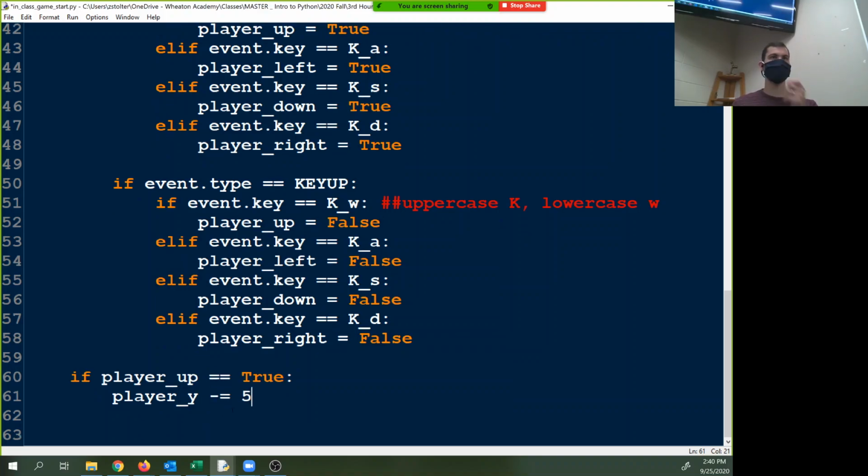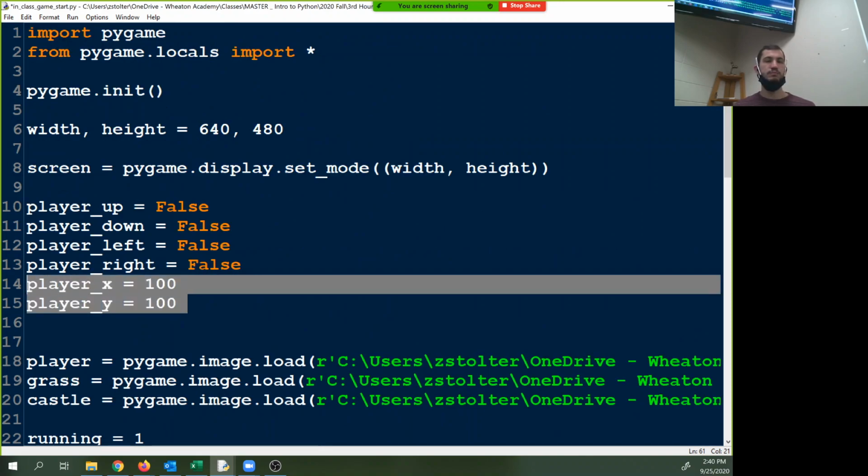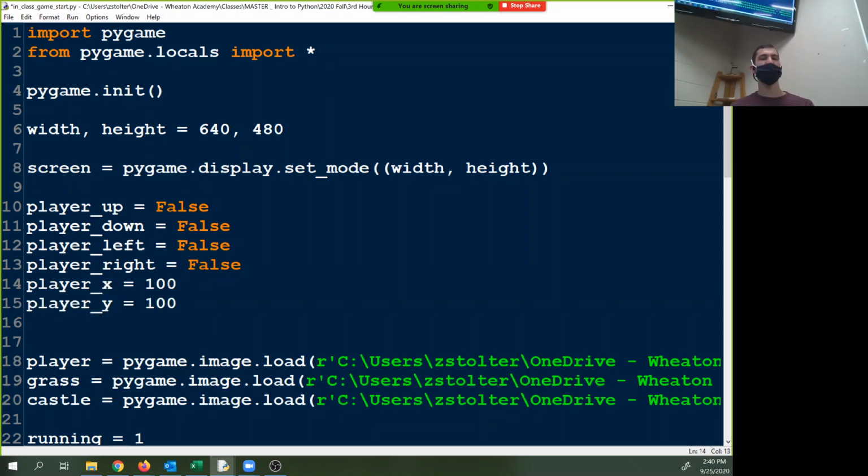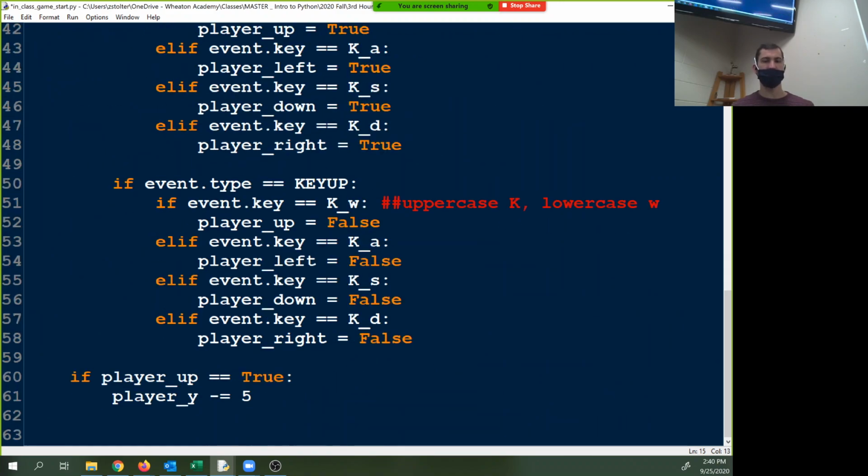I have a question. Where did we ever? Can you scroll to the top? Okay, I forgot to put down the variable. Yeah, it's just player X and player Y. This just so, again, you guys know, 100, 100 is the spawn point of our character. So let me get through part of this, and then,